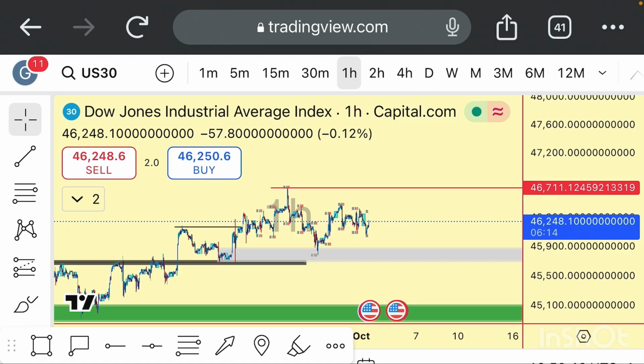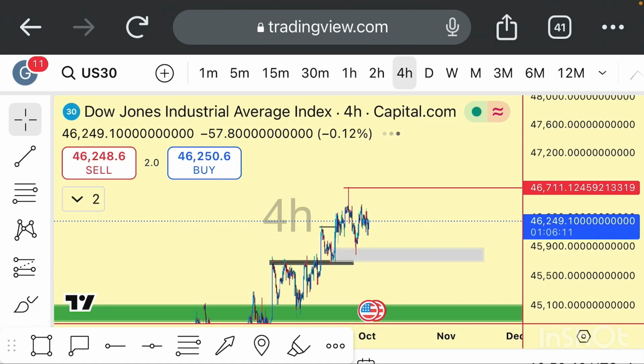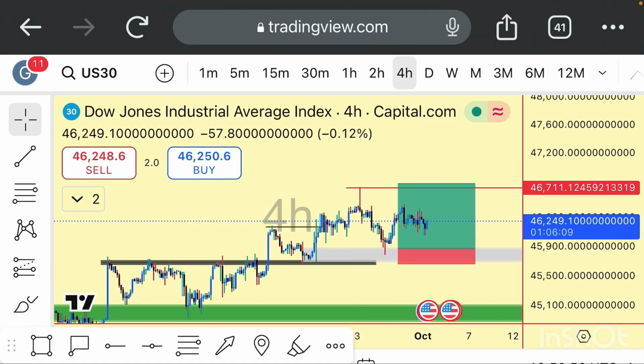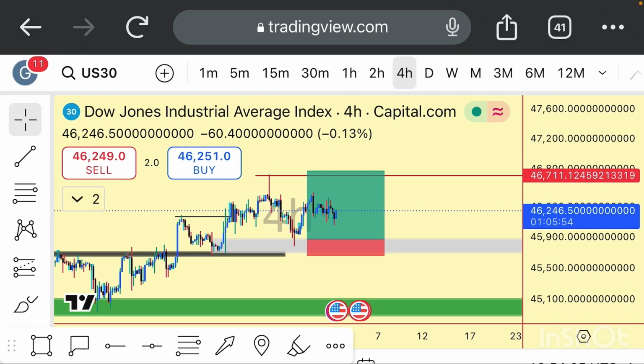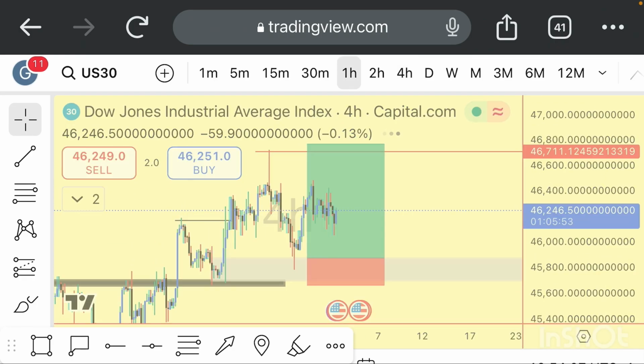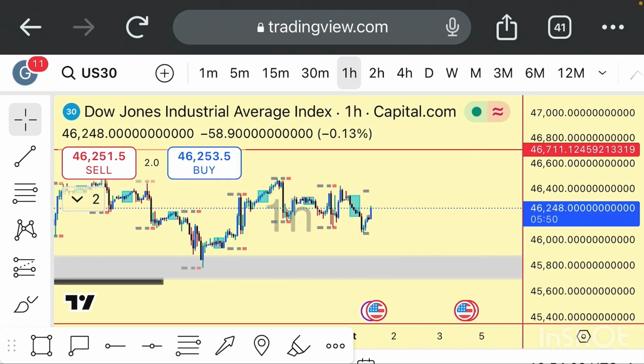You can see I already placed my pending order. If you check clearly, this is the last break to the upside. This tapping does not give us another break to the upside, so likely it may come back here to mitigate it again and then give us this push. And with what I use to confirm my trade as well, you can see that there is liquidity resting below here.